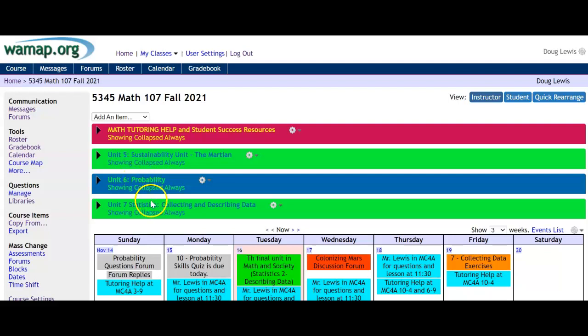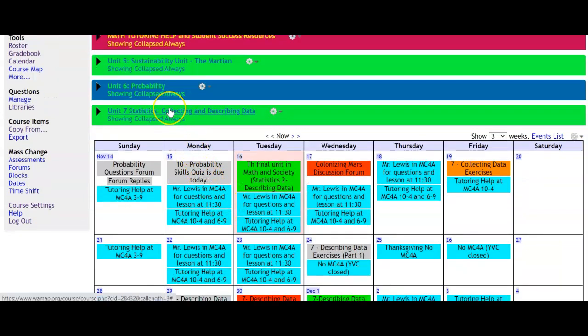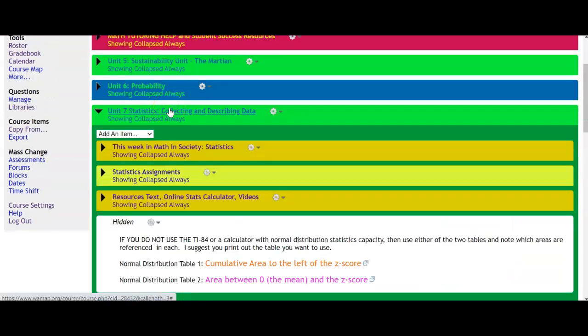I've posted, I know it's a little late, it was hidden, sorry about that. I posted the statistics collecting and describing data unit, and I'm going to do the first lecture today for that. I'm going to open that up. So if you open that block, you'll see that